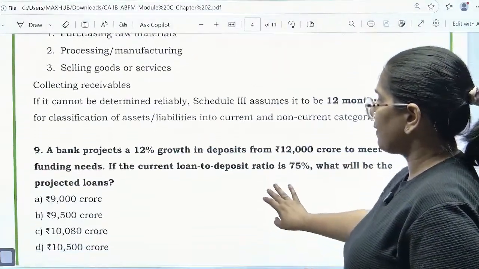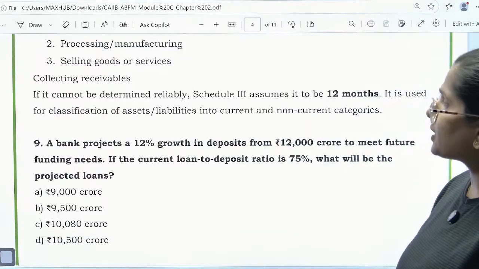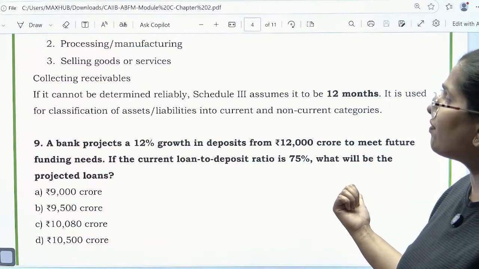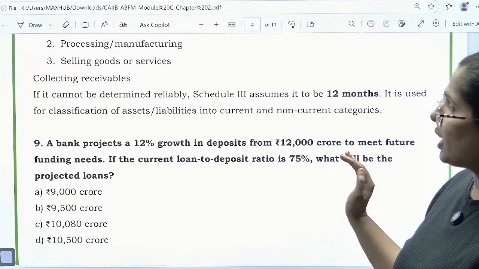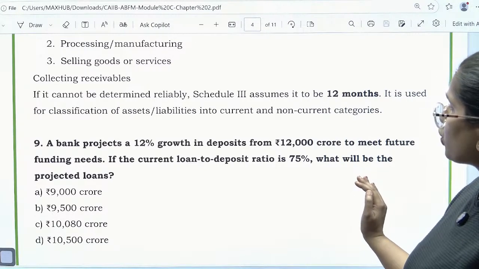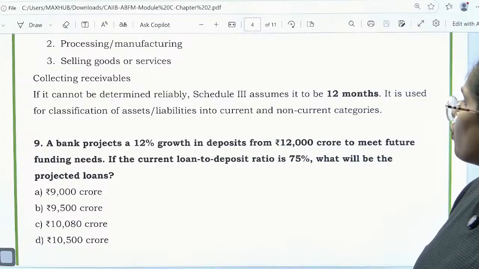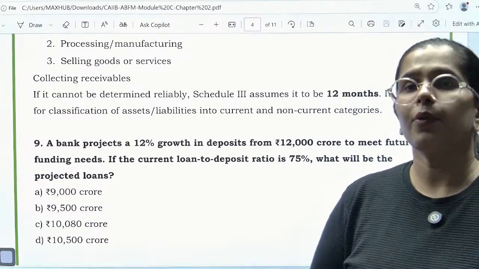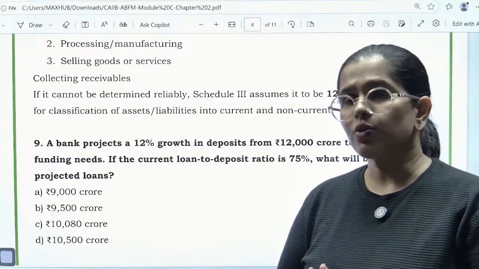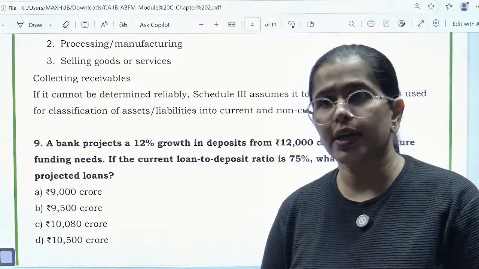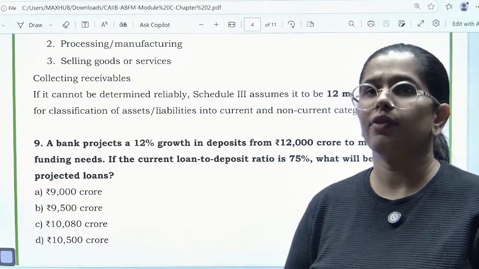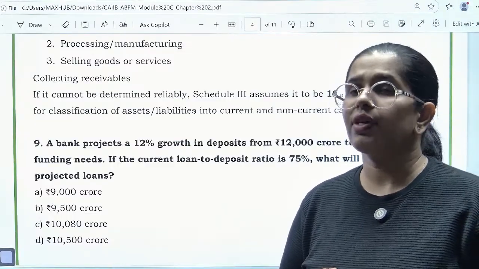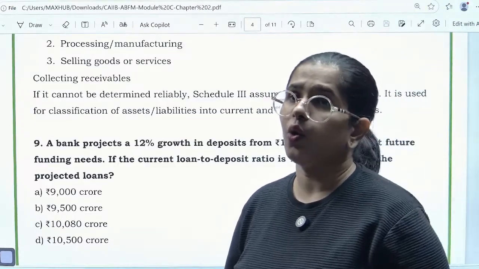Now next is, a bank projects a 12% growth in deposits from 12,000 crore to meet future funding needs. If the current loan to deposit ratio is 75%, what will be the projected loans? ठीक है, what will be the projected loans. Now in this question they have given you growth in deposit from 12,000 crore to meet the future funding needs, ठीक है. If they have given you the deposit and if they have provided you that loan to deposit ratio,